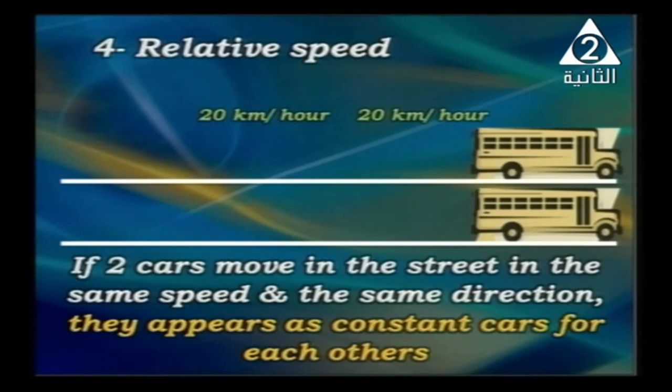If two cars move in the street at the same speed and in the same direction, they appear constant to each other. Again, it's very important to know this. We have two cars moving in the street in the same direction with the same speed, so they appear